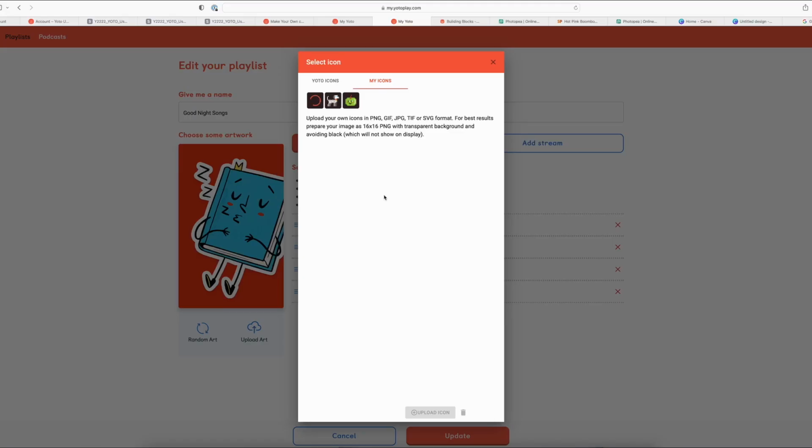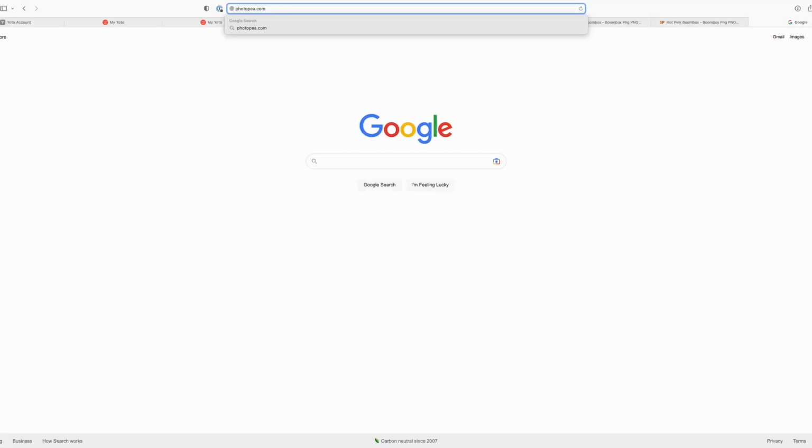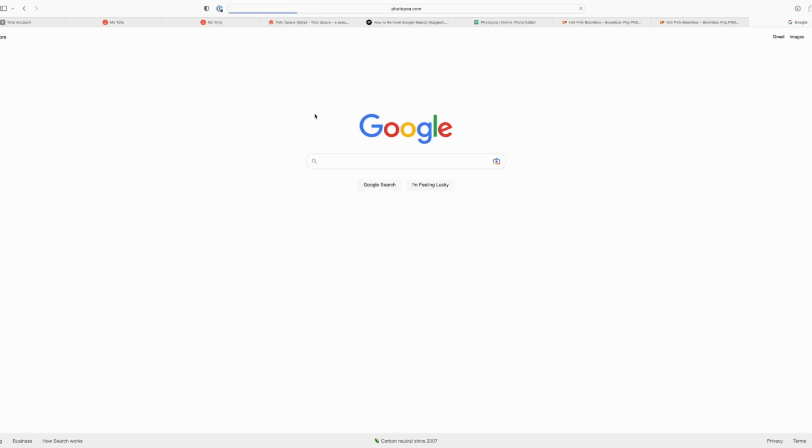A lot of the times it will just work, but as you can see, it is slightly cutting off the edges of my boombox, and so I'm going to want to edit this a little bit more. But you could just click on it and hit update. But since I want it perfect, I'm going to go to Photopea, which is a free Photoshop, and I'm going to hit New Project,